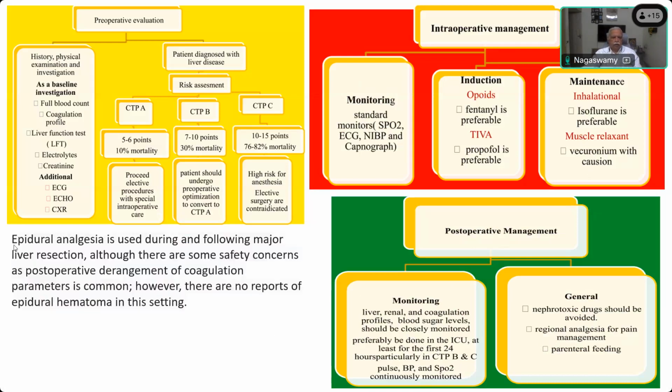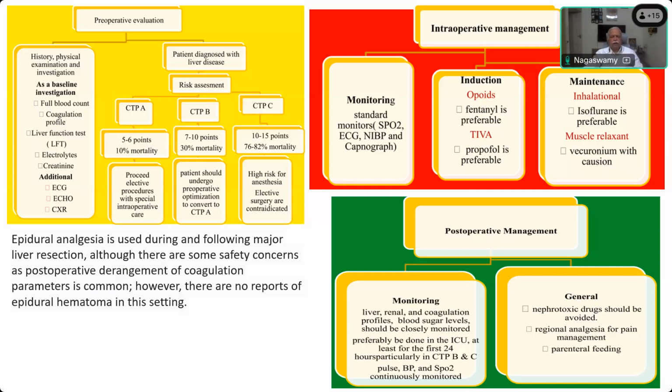Now coming to epidural analgesia in these patients following major liver resection, there are some safety concerns because of the possibility of derangement of coagulation parameters. However, no cases of epidural hematoma have been reported in these cases. So people have been using mid-thoracic or upper thoracic level epidural for post-operative pain relief, even in liver transplantation. So this being a non-transplant surgical procedure, if the coagulation profile is normal, you can use epidural for